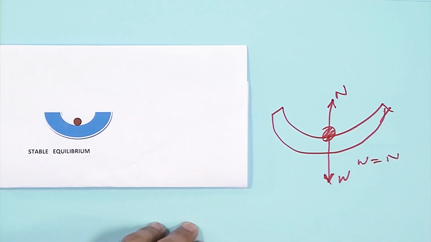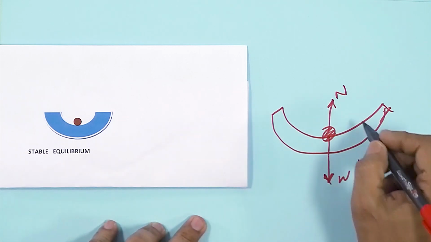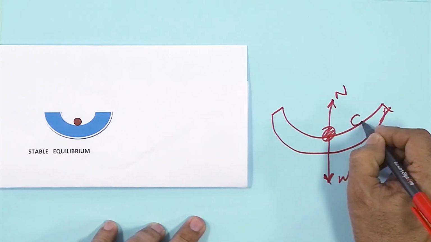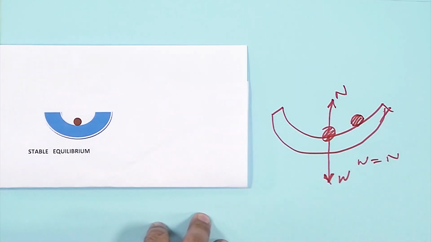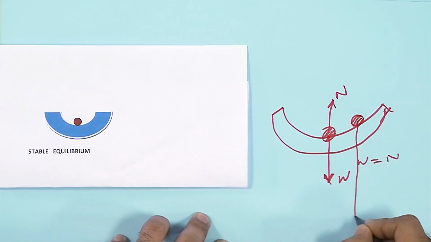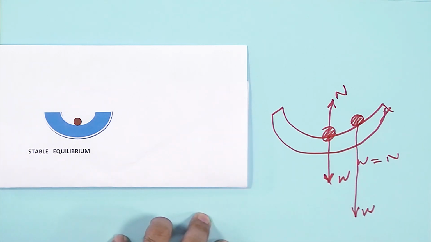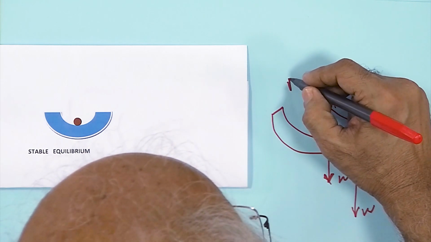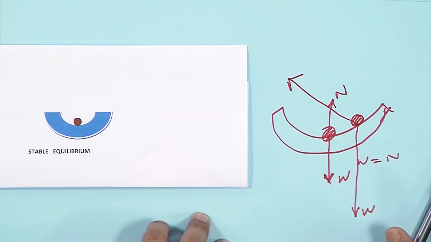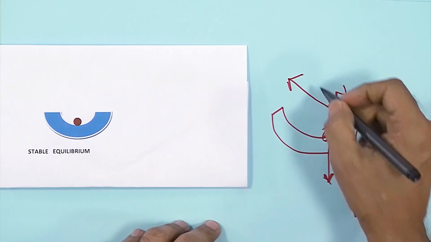Now, let us see why we call it stable equilibrium. Suppose we have disturbed it as we were doing earlier in the experiment, and we have taken it away from the equilibrium position, say towards our right. Now, what happens? The weight is still acting in the similar way. This is the weight, and the normal reaction is different, in the sense the normal reaction will act normal to the surface, and naturally this normal reaction